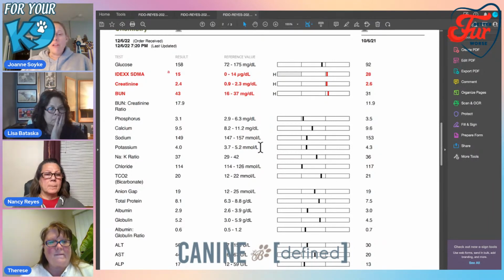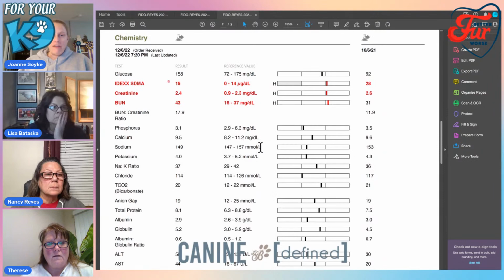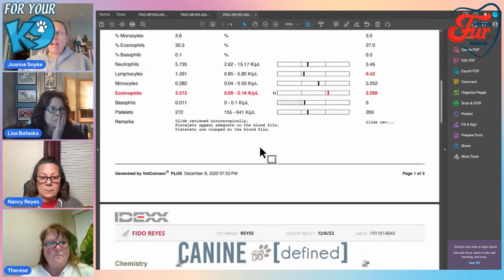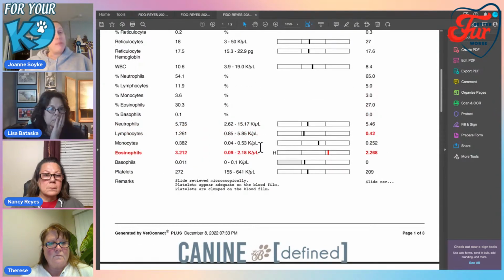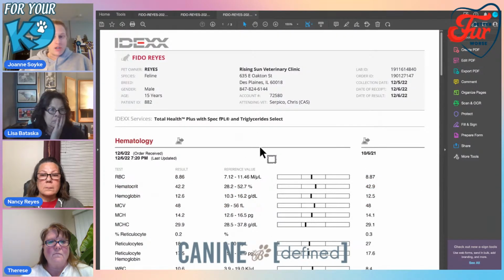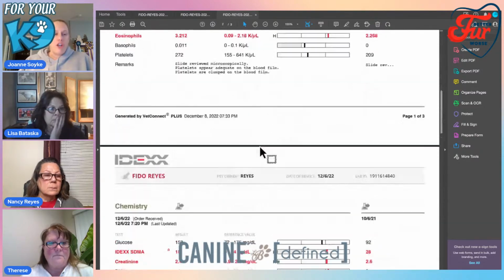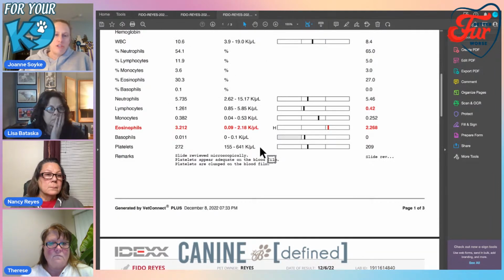Yeah, I really wanted to point that out, because if you guys looked at my blood work, my vet ran it in-house. This is IDEXX, right? So this is a send out, but my vet ran it in-house, does not run SDMA. So if I have a 5-year-old dog, it might be something that I'm interested in running. Or like Lisa was talking about, as a baseline, right? Yep. I might want to know that. It's like Therese said, if your dog might have kidney disease, you'll know long before